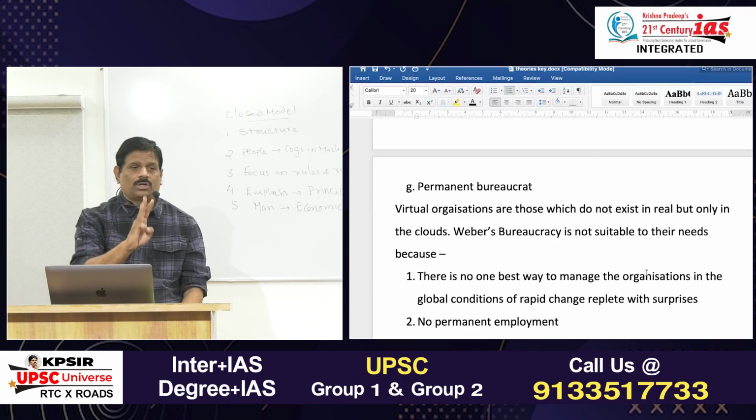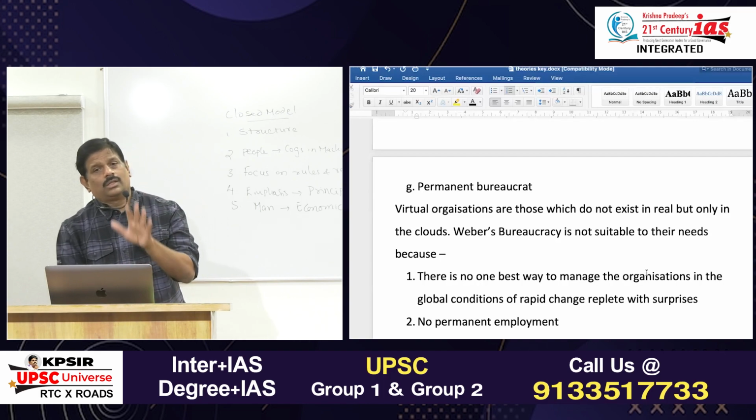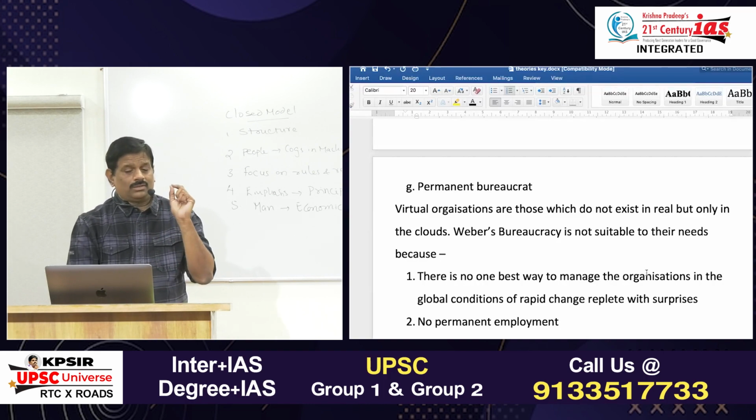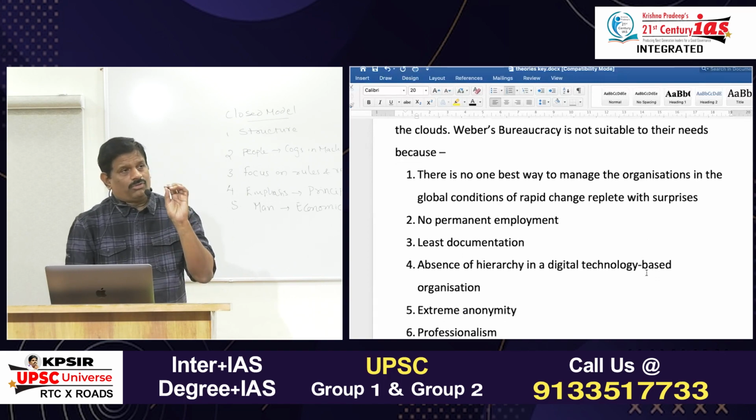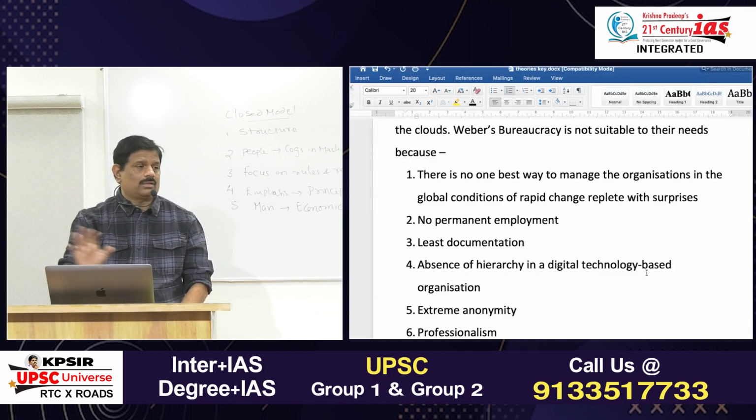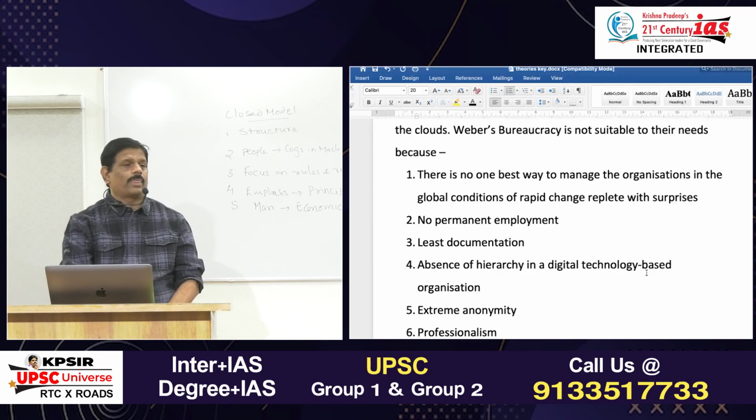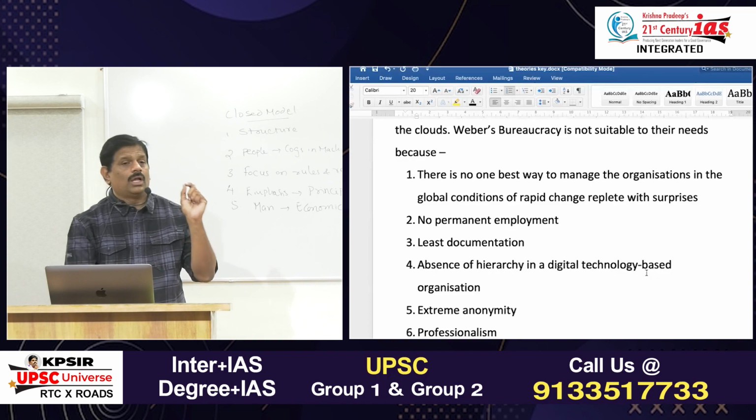The third aspect you have to talk about is incompatibility between Weber's bureaucracy and the virtual organizations, because there is no one best way to manage the organizations in the global conditions. Whereas Weber's bureaucracy insists on one best way to manage the organization. What is the one best way for Weber? Standardization of rules and regulations through the documents. But global organizations, virtual organizations will not operate on the principles of one best way,